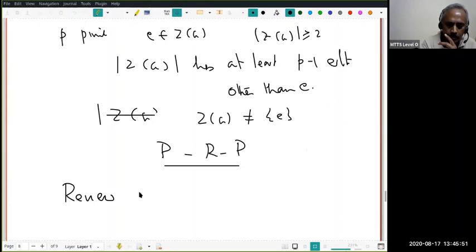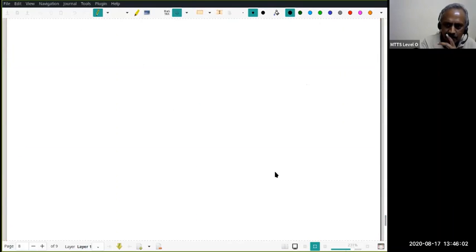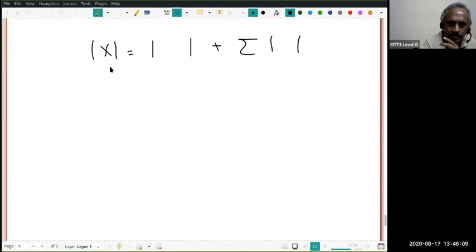Review the proofs of application 2 and application 3. Are you stuck with something? What we had is something like this: something here plus something here. And we said P divides this, P divides each of the summands, and therefore P must divide this. But in each of these, what are the elements which are there? They are the elements of the form G dot X is equal to X, that is a singleton, for every G in G.